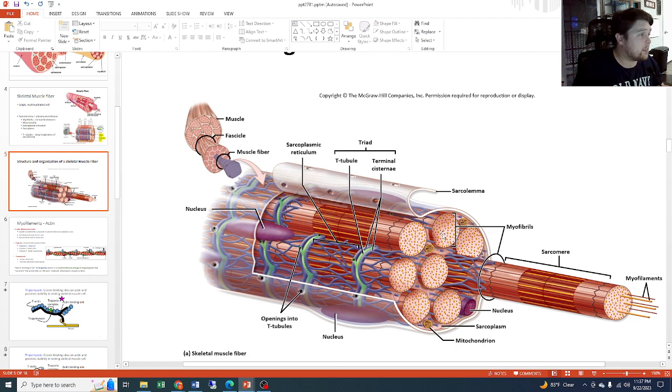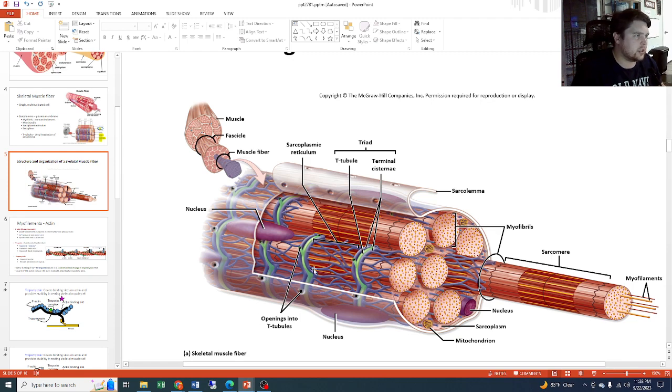Myofibrils make up the muscle fiber. And the sarcolemma is just like we say, the plasma membrane, just like a regular cell has a membrane. We think of a regular cell often like a circle, where we have a whole circle with all of our organelles and everything on the inside. We have the cytoplasm inside, and then we have a plasma membrane surrounding the whole thing. That sarcolemma is that plasma membrane, but then it allows these little individual tunnels, which are the T-tubules,